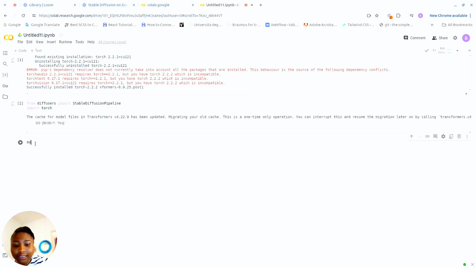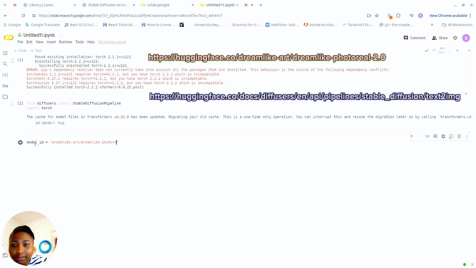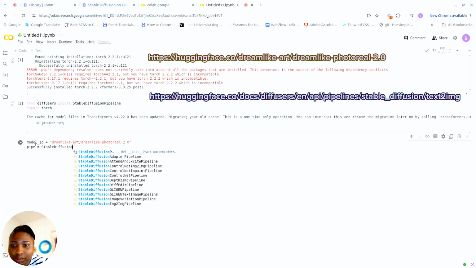So we're going to define the model ID. In this case, we're taking the dreamlike-art module from Stable Diffusion Photo. These models are actually on Hugging Face, so you can go there and read about them. We always read the licenses associated with them so that you develop within the license specification. So the diffusion pipeline